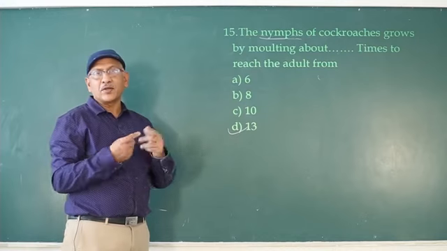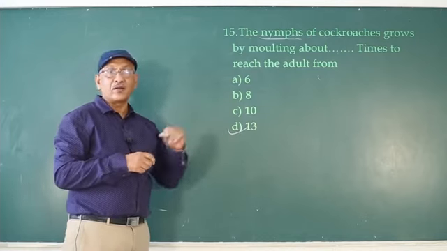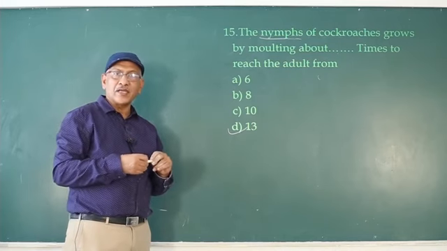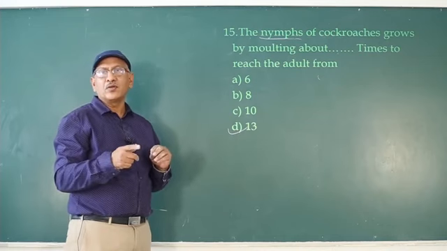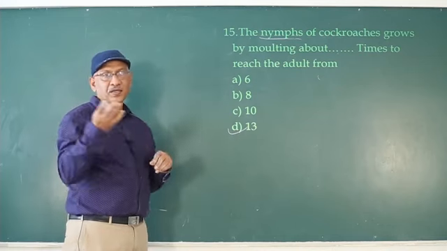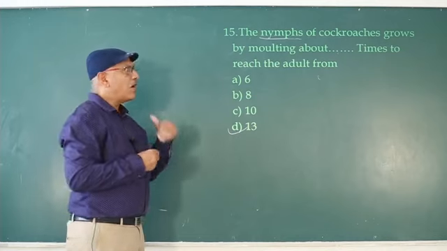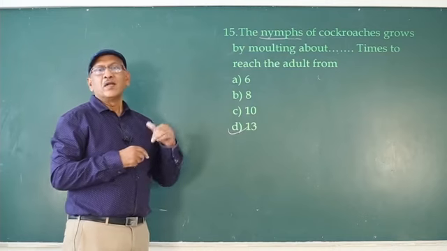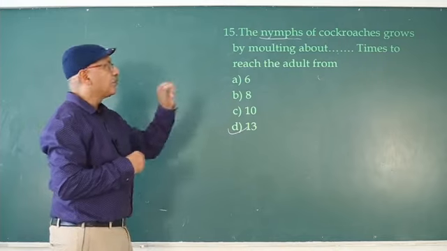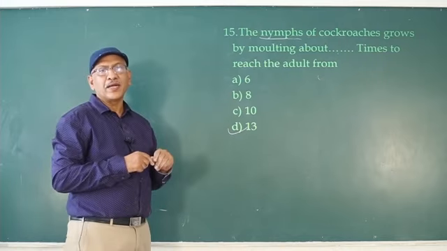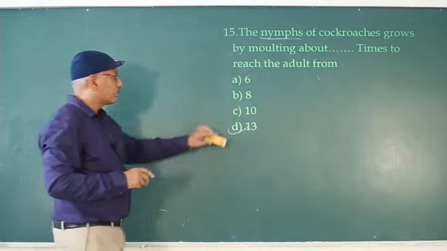Shedding off the outer layer of the body is molting. In case of snake, the entire skin is cast off at regular intervals. You already know in Aschelminthes, the larval form undergoes 4 moltings. In case of Ascaris lumbricoides or Wuchereria, in all members of Aschelminthes, the larval form undergoes 4 moltings. After 4 moltings only, the larva metamorphoses into adult. So here, 13.